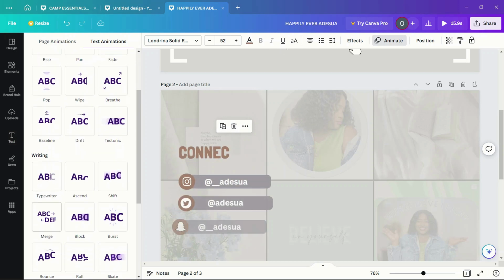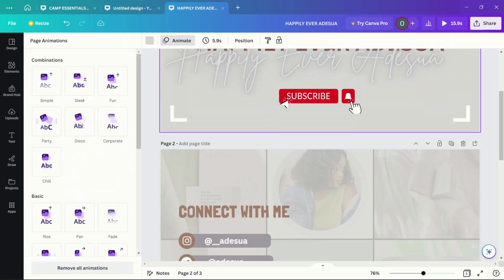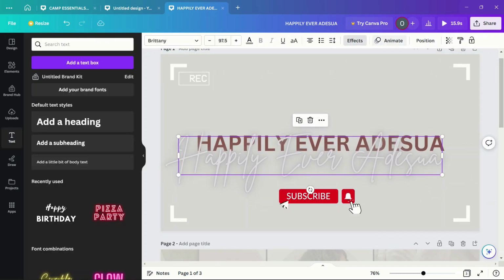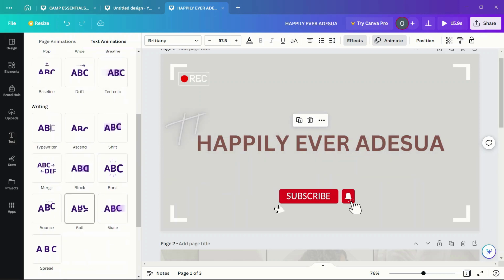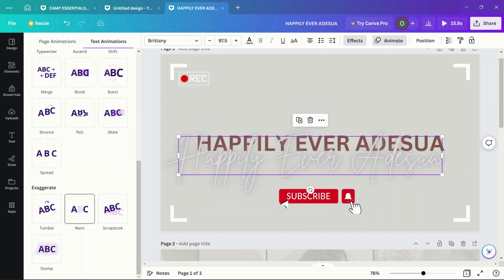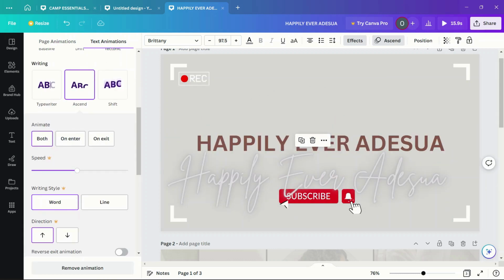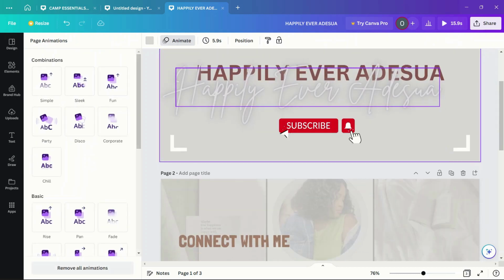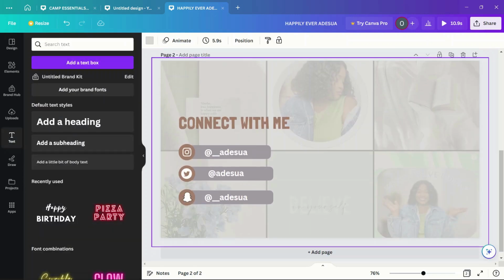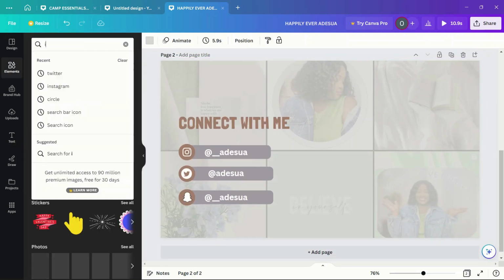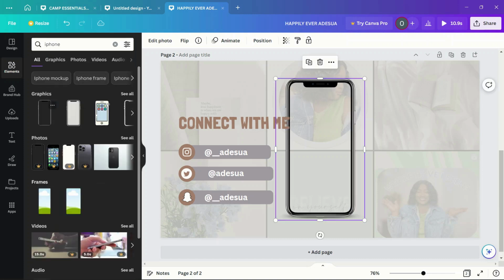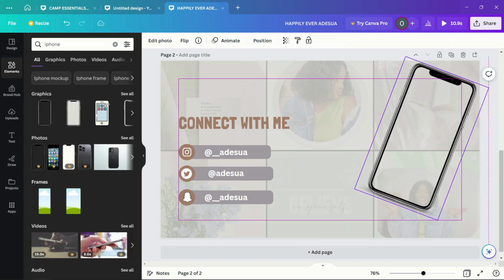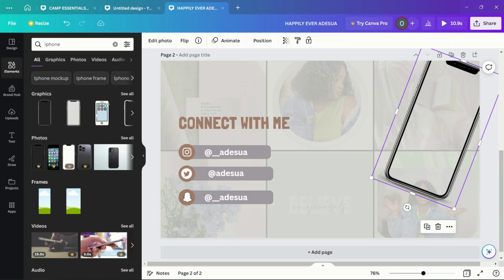so after figuring out what to use, I eventually ended up using something at the end of the day. And so after I was done with figuring out what to use, I closed down that extra page, and then I searched for the iPhone frame because I was trying to make that effect of actually using a phone to scroll. So that's where I made the recording of my social media scrolling, which I'm actually going to put